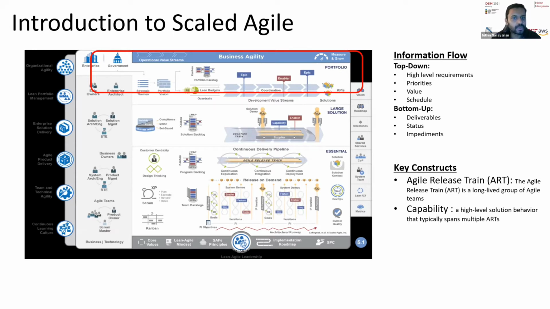It always starts at the organization level, where you have the enterprise architects and owners of the large solutions who work together in defining the vision and mission of the organization and how a program should evolve, which translates into high-level requirements, such as large capabilities. For instance, if you're building a new website for a new organization which requires a website, you start by defining what that website would require.